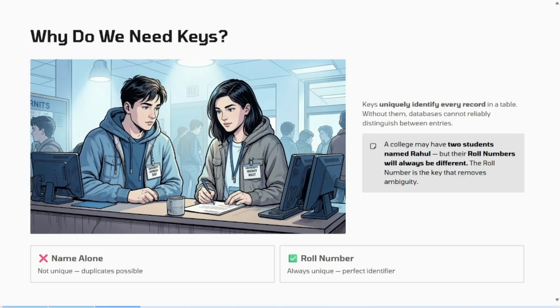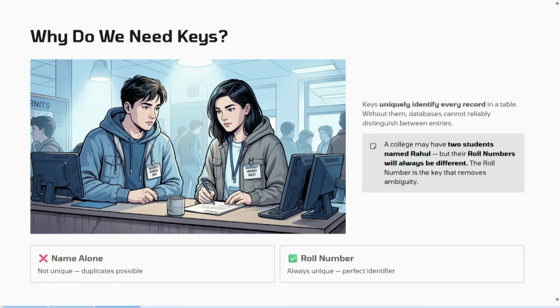Both students have the same name. For example, the girl's name is Ranjita and the boy's name is also Ranjita. Imagine, just imagine, if I say Ranjita,